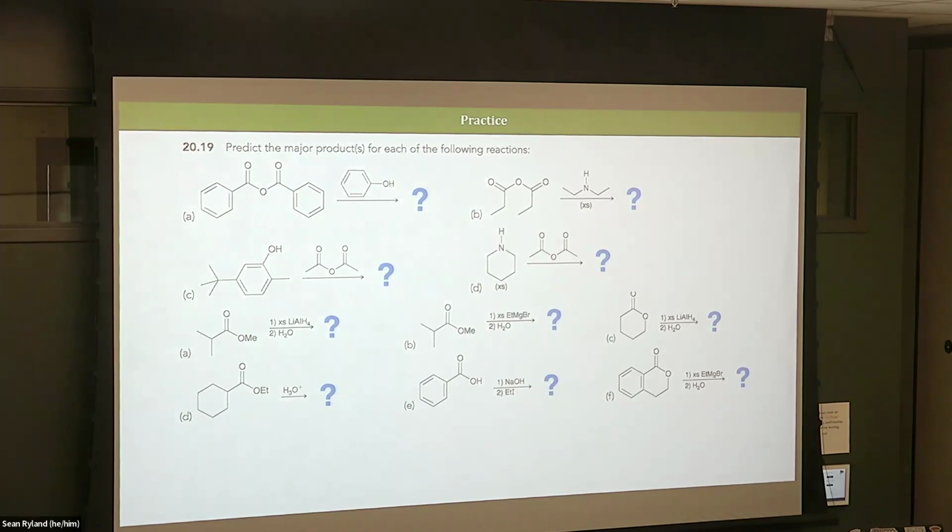I totally forgot what happens when you reduce an ester with lithium aluminum hydride. Well, it's in excess, right? So it should go through the whole thing? For sure, yeah, it does. So what does it make? Like a diol? Or does the OMe bump off and it makes like